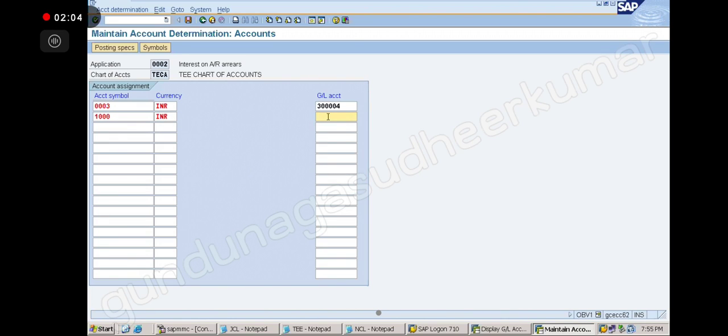Marking, sir. Right? Why are we marking? There are a number of customers. We want to use this configuration so that we can calculate the interest on all the overdue items from all customers. Tomorrow the client has a new customer also, for him also overdue items are there, they should be able to calculate. Correct? That is the purpose. Okay? Yeah, so this is an interview question, right? What is marking? What is the use of the marking? Correct. To apply the configuration for multiple accounts, we will use the marking.